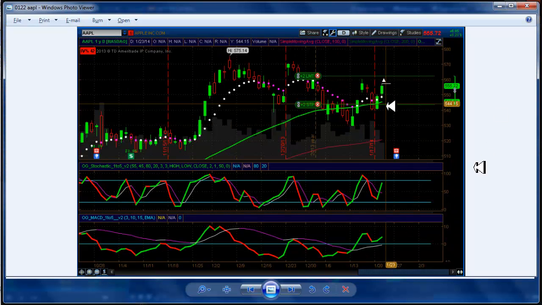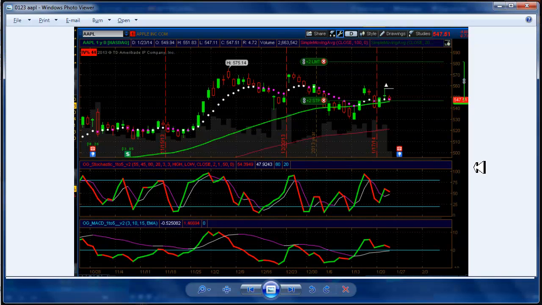The option guru took a look at it, and here it is on, I think this is Wednesday, or maybe it's Thursday. Thursday, it started heading down, and look at where our limit is, way up here, past 580, and we were almost at our stop. So because of that, I canceled both of these orders, and then I went in and did a limit